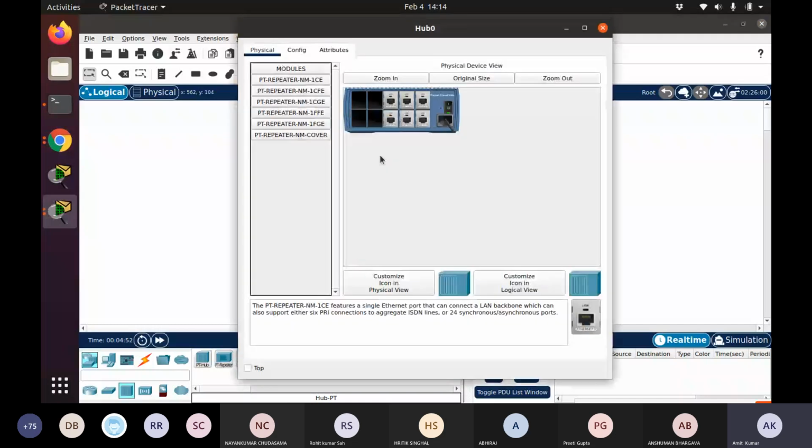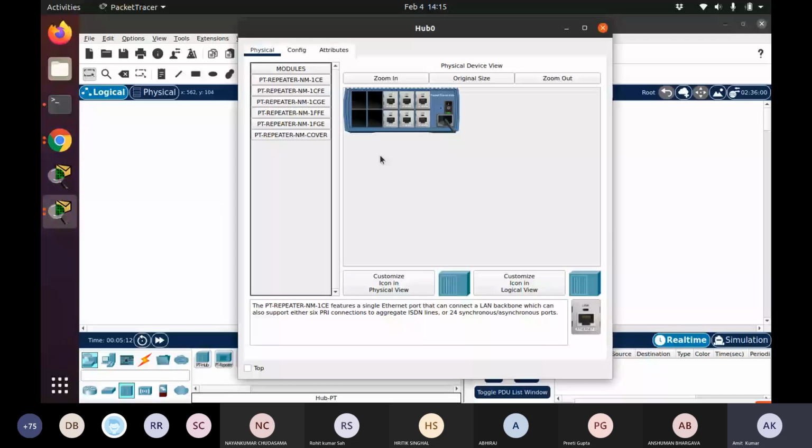There is an option to add some functionality to the hub. The same functionality is available for hub, router, and switch also. Suppose we want 6 Ethernet ports or 7 Ethernet ports, and we have only 5 inbuilt. So there are blank spaces in your switch. If I zoom it out,